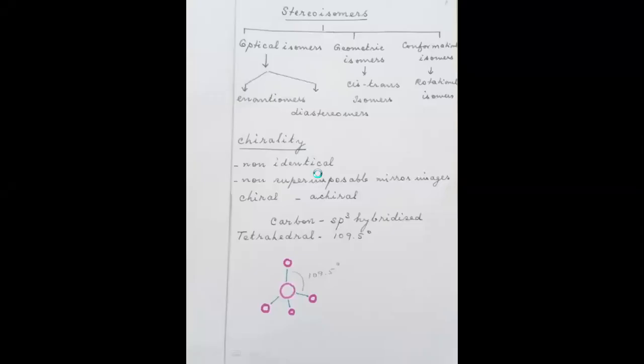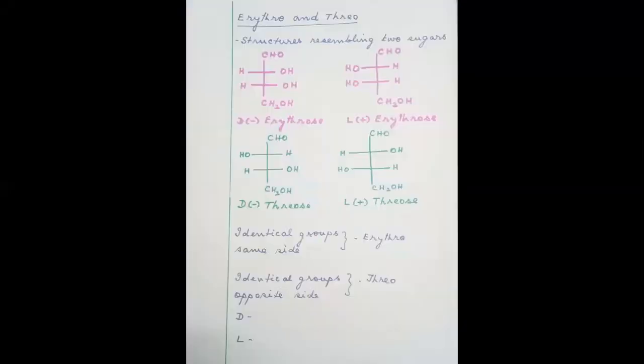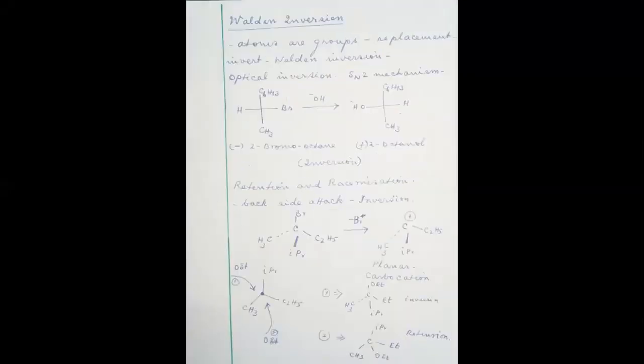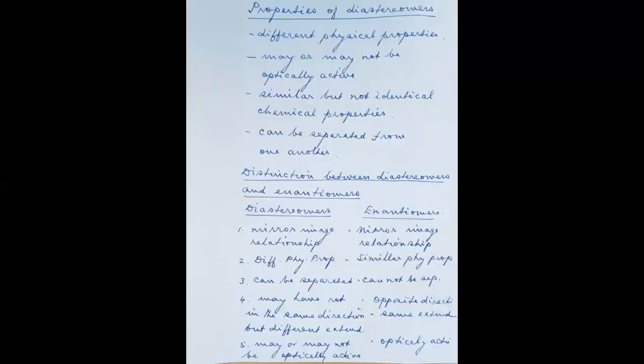Now listen, these are all the things we have seen so far. And now we are going to see another important thing, erythro-threo configuration. So these things we have already seen: the differences, the important properties of diastereomers, and the distinction between diastereomers and enantiomers. Diastereomers are